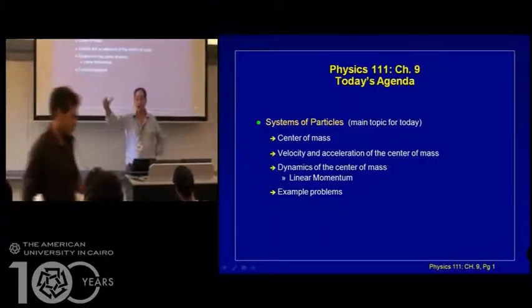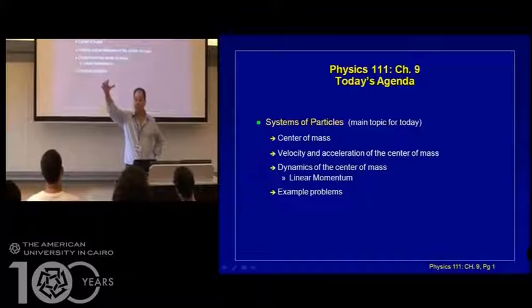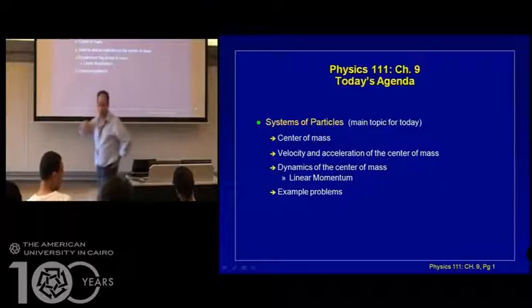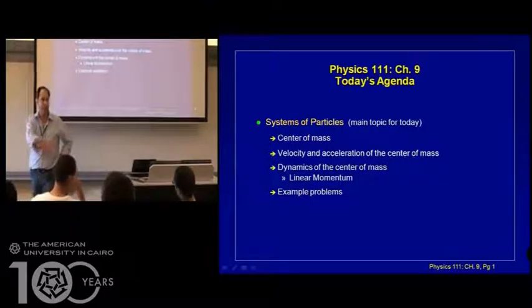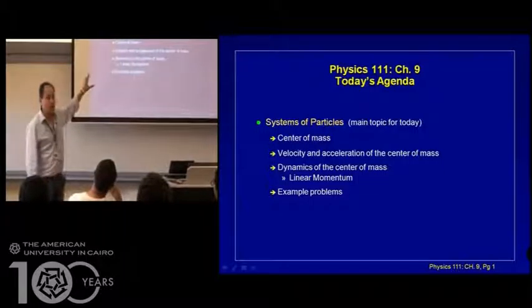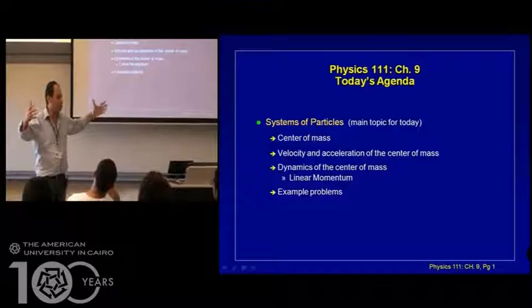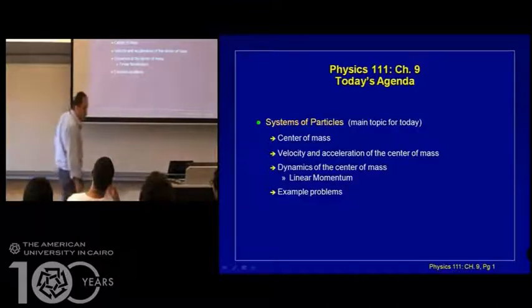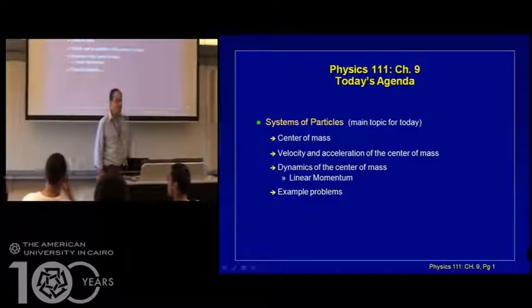So far we've been dealing with only one particle, an object that slides down a slope, or an object that moves on a horizontal plate, or an object that rotates. But we never studied more than one object. Maybe we studied two objects together, but we did not study system of particles. Today we're going to study a system of particles, and when we talk about system of particles, it's very important